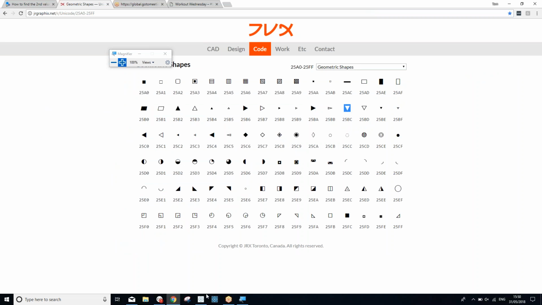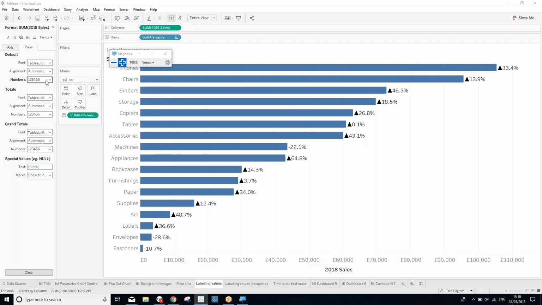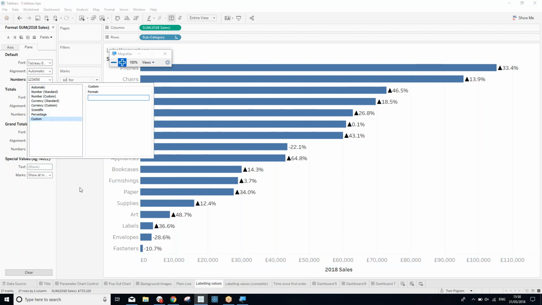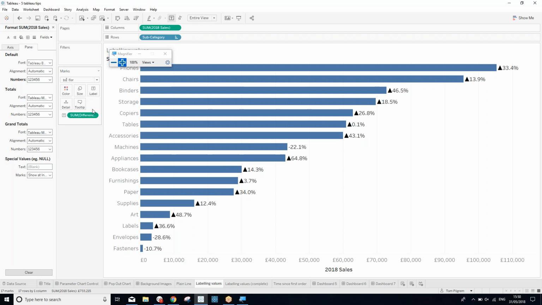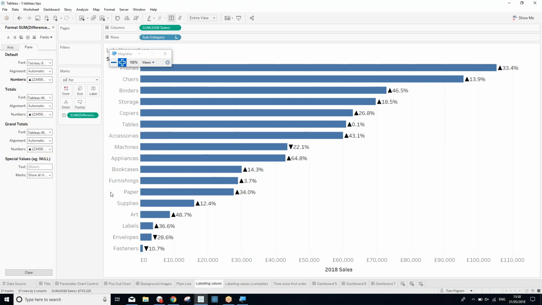Where did it go? You lost it. I think you're formatting a different field. There you go. So, a nice easy way that you can add a little up and down arrow to indicate change,